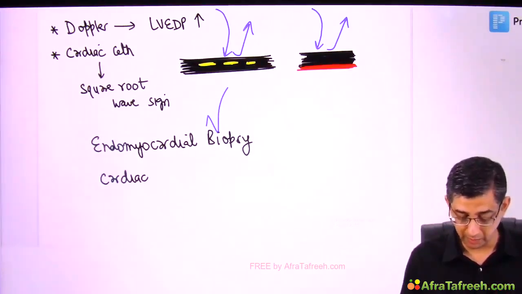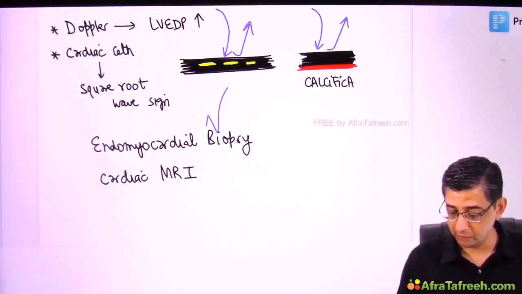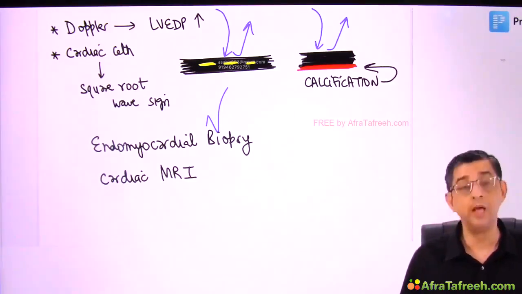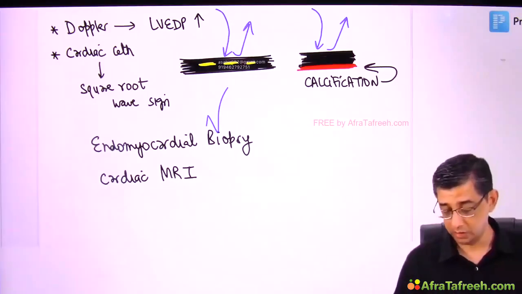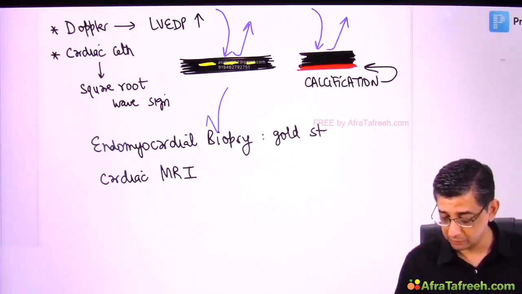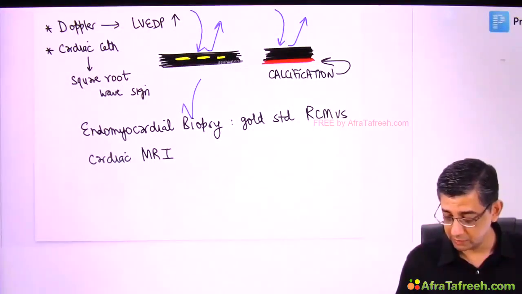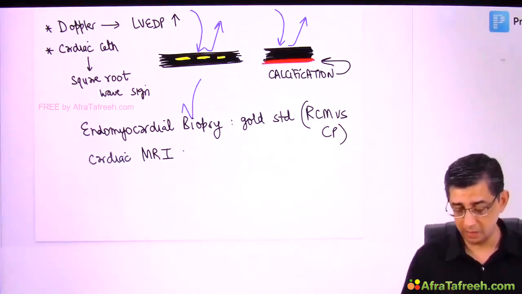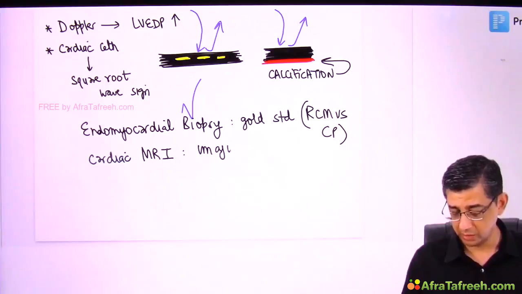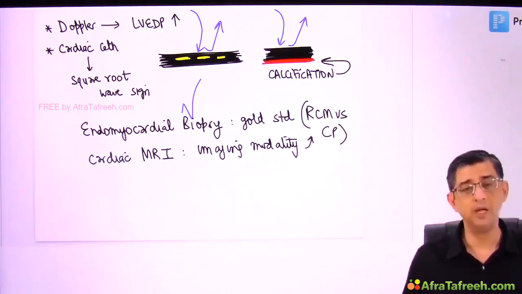So nowadays we use cardiac MRI to differentiate whether it is fibrosis in the wall or calcification outside the heart. Obviously, MRI will have sufficient resolution to demonstrate a calcification versus the fibrosis present in the wall. So if he asks what is the gold standard test on the basis of which you can differentiate restrictive cardiomyopathy versus constrictive pericarditis, obviously the best answer is endomyocardial biopsy. But if he makes it easy for you by asking what is the imaging modality preferred to differentiate between the two scenarios and confirm the diagnosis as well, it is going to be answered as